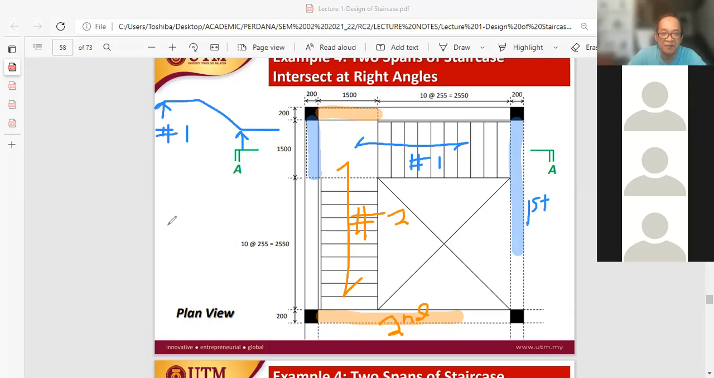Flight number 2 starts from landing, daripada landing sini, and then going up, kemudian sini. Okay. I have my support di sini, this beam, and I have my beam support di sini. Yang ini. So flight number 1 dengan flight number 2 ni, both flight ada independent support. Dan kalau kita look closely, solution to flight number 1 dengan flight number 2 ni sama aja, which is exactly sama dengan our previous